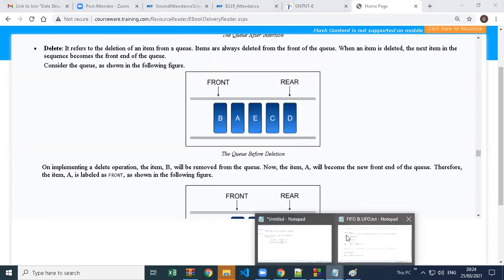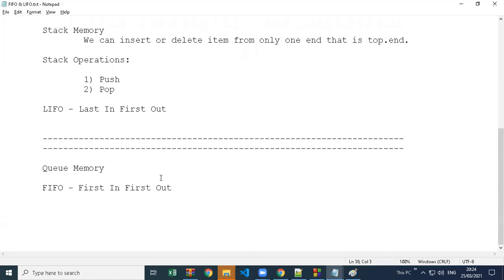So here I am going to write now Q. Like a summary, we can insert item from the rear end and delete item from the front end, so you can read this and remember.